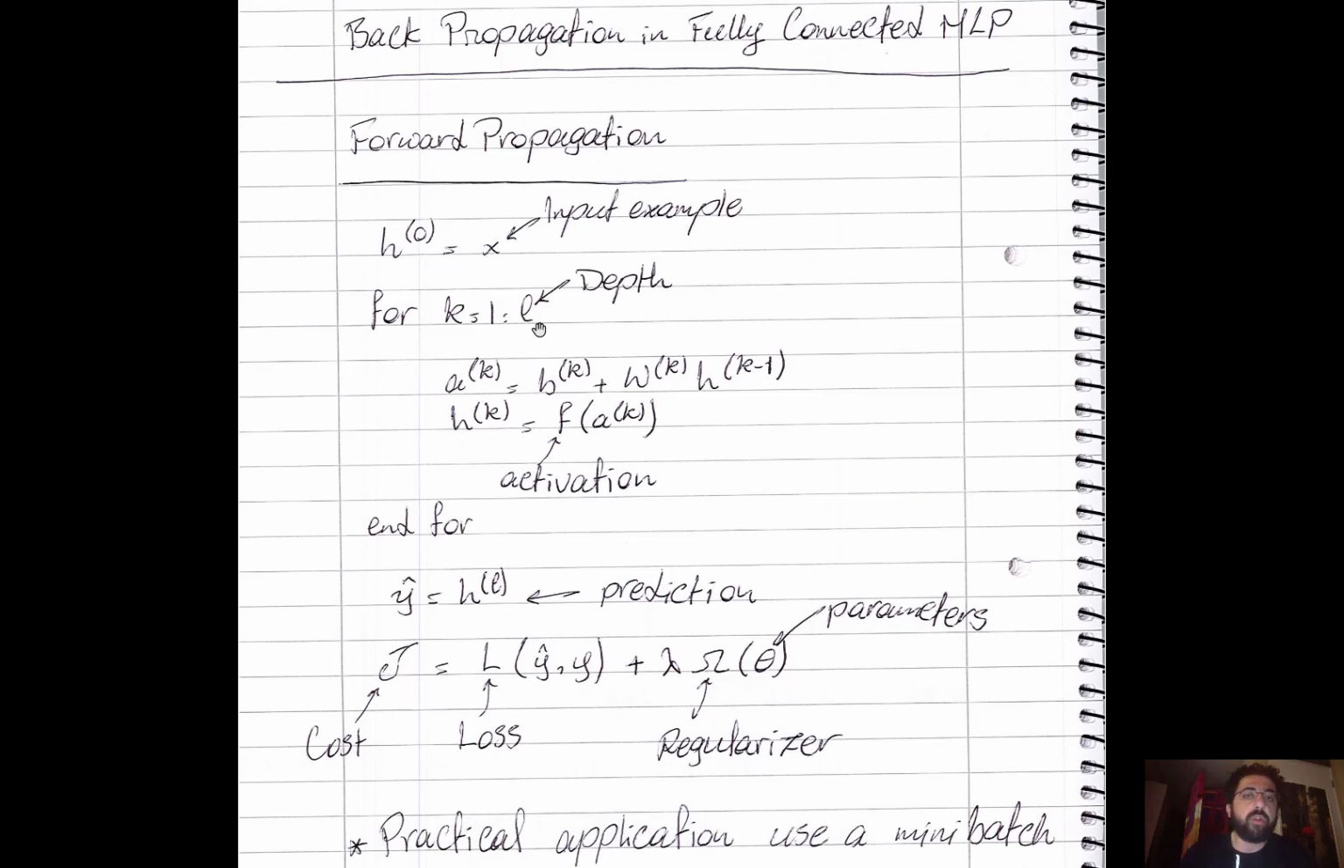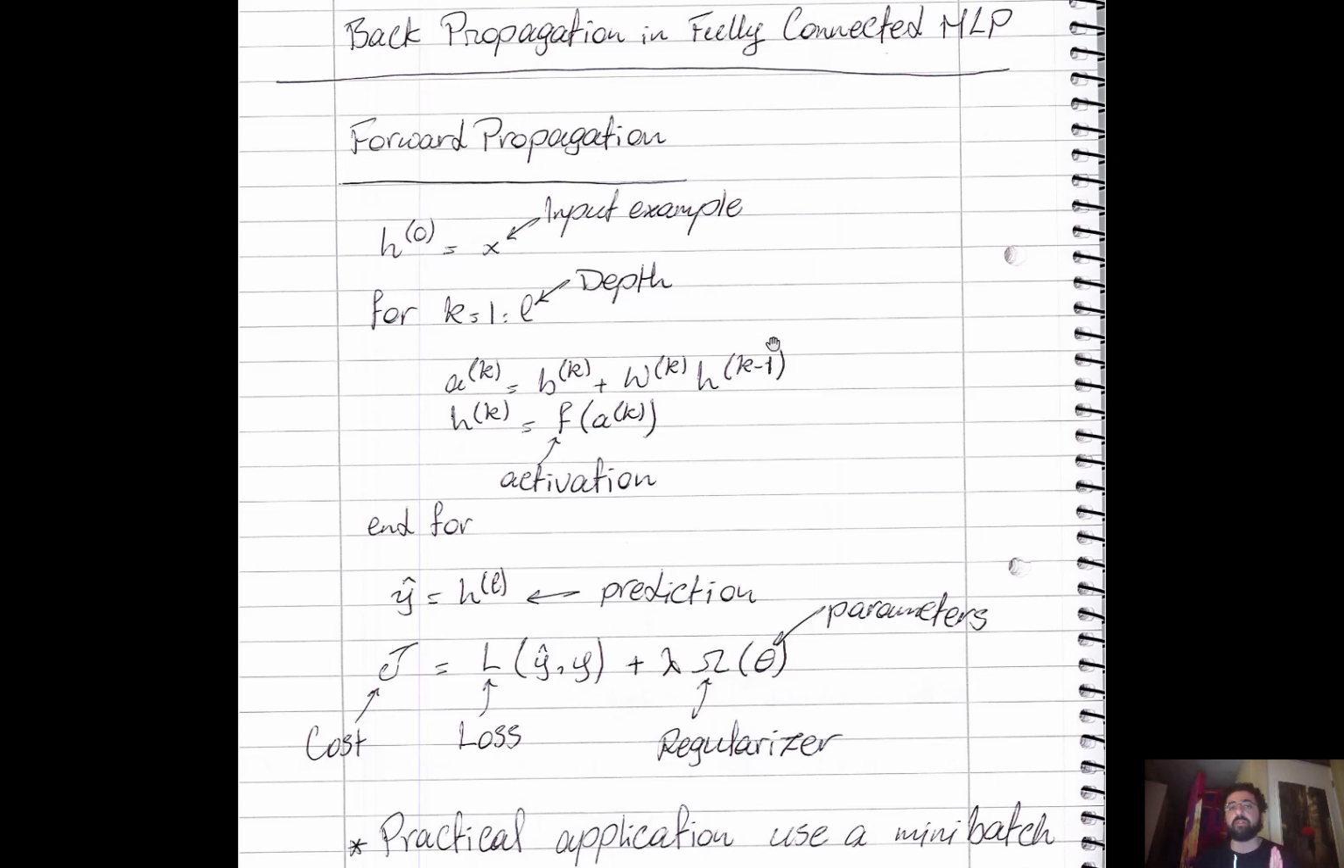So let's call that example, we set it in a variable called h0, and there is a reason for this notation, is that h will always be the output of the layers. h i will be the output of the ith layer. So this is the 0th layer, which is the input layer. And then for k equal 1 to L, where L is the depth of the network, so this is the